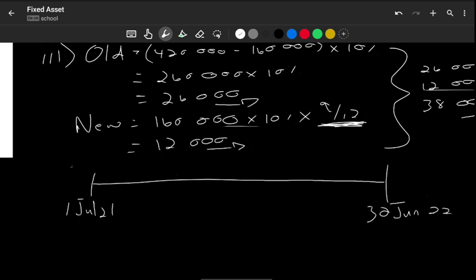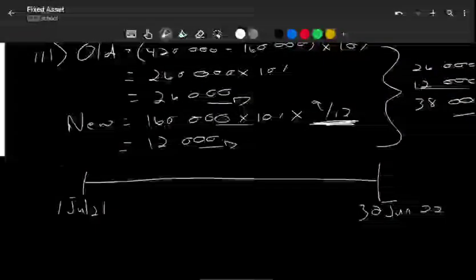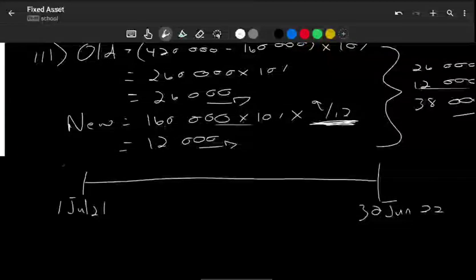Always remember your timeline. It helps you understand. It helps you put things into perspective, right? I'll show you why just now. They said that we sold it on 1 March 2022. 1 March 2022 should be around somewhere here. 1 March, right? Now, the previous one, the one whereby we bought a